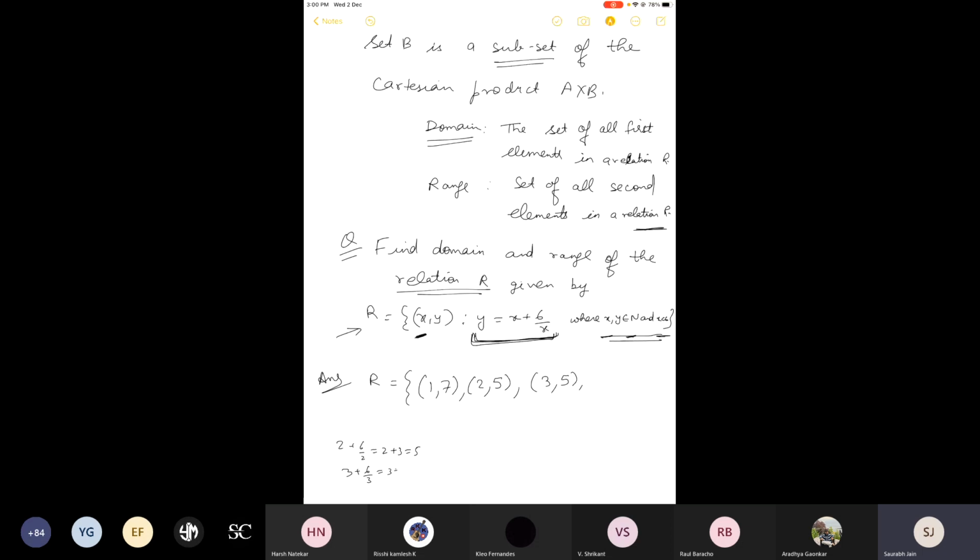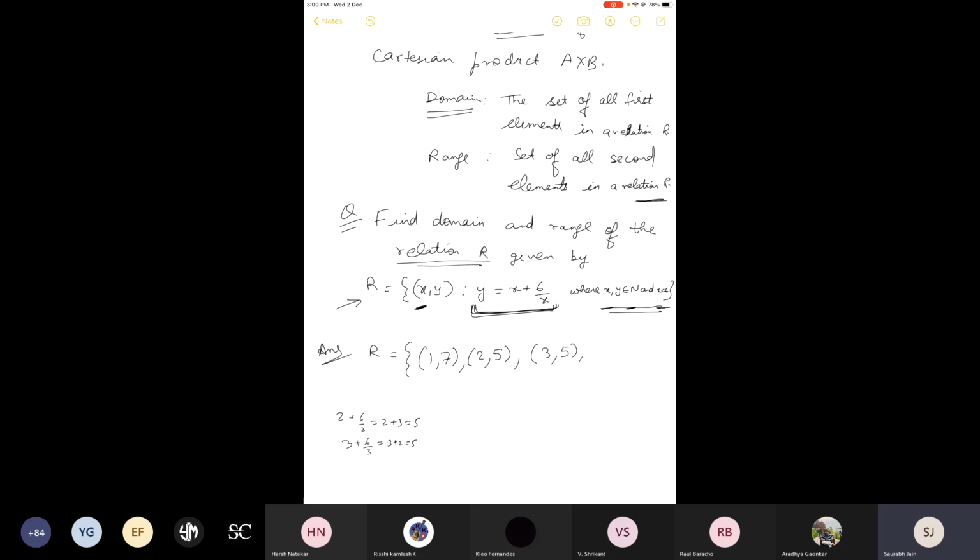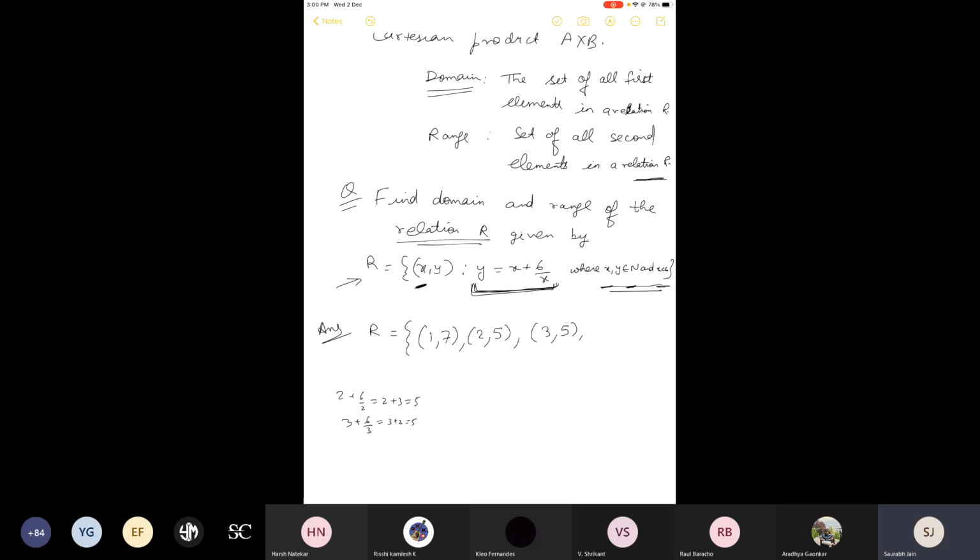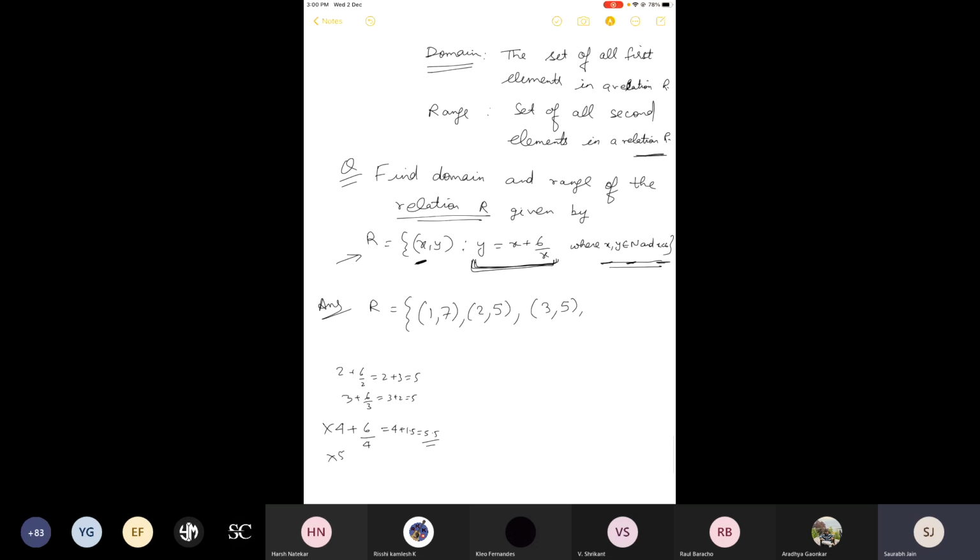Then the next number will be 4. Tell me why I cannot put 4 here. What is the reason? It is given in the question that x and y belong to natural numbers and x is less than 6. So I should put x equal to 4, but why is it not right to put 4 here? Yes, y will be a fraction, it is not a natural number. Correct. Because if I put x equal to 4, I will get 4 plus 1.5, that is 5.5. It is not a natural number, and y must be a natural number. So I cannot put 4, I cannot put 5, but I can put 6. Because when I put x equal to 6, the value that I will get is 7.